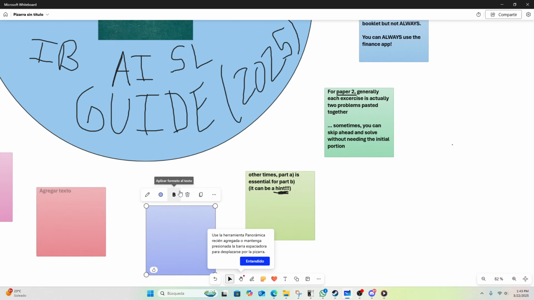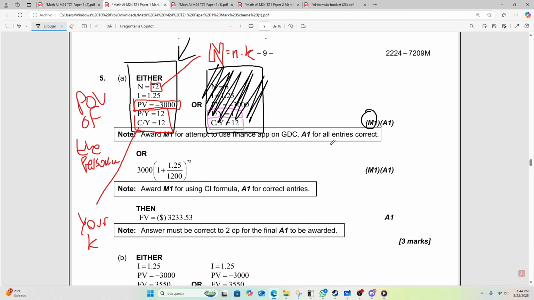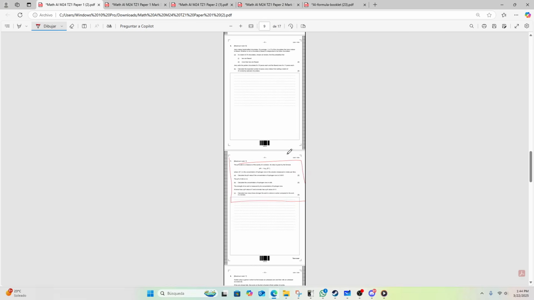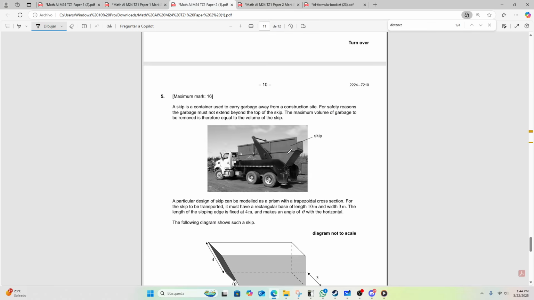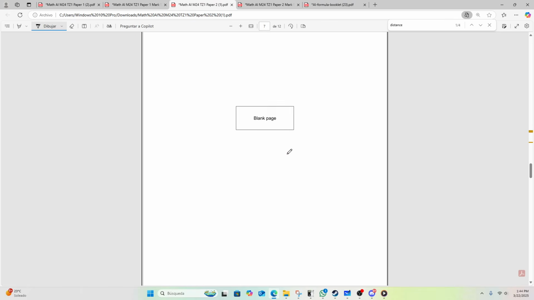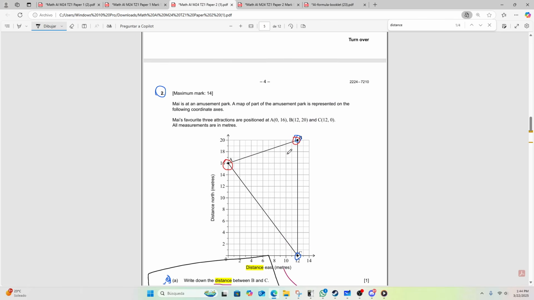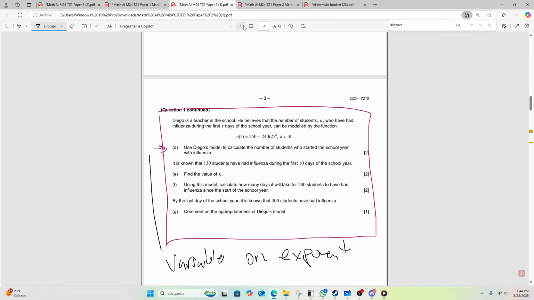But the tip I can write here maybe is like calc intersect trick for weird exercises. Weird being something like logarithms or variables on exponents. Okay, because this is also going to happen to you with something like, I think it was paper 2 actually, something like this one, right?